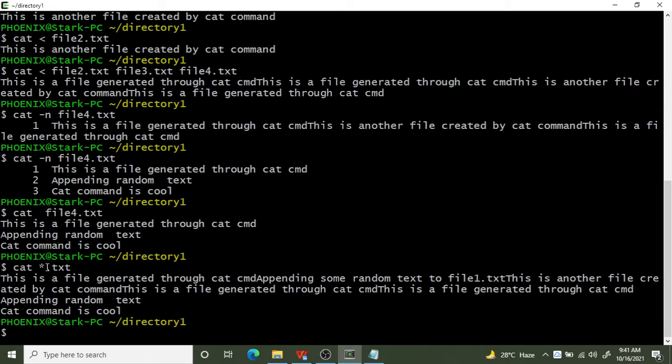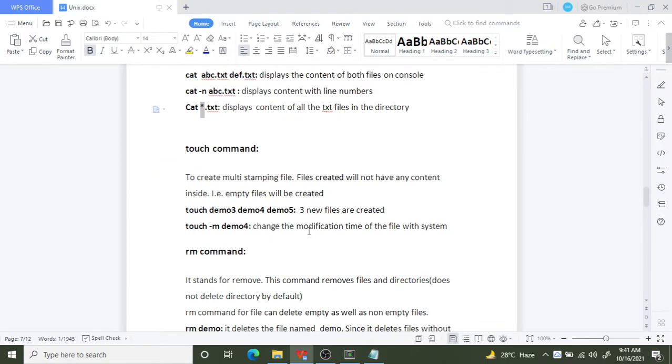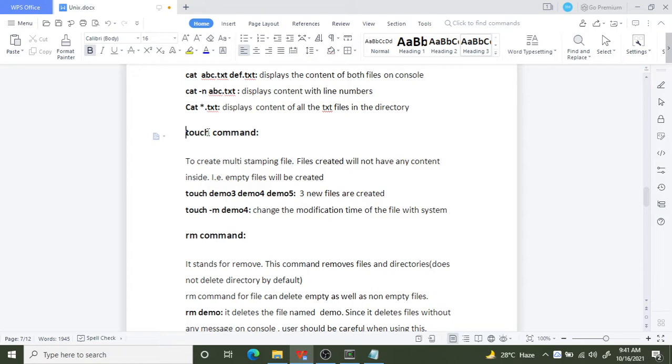This is going to list out the content of each and every one of the files. It is going to give all of it in the console. This is how you can use the regular expression. Hope you guys are clear on the topic. If you have any questions or want to know any option in detail, just let me know in the comment section. I'll get back to you.